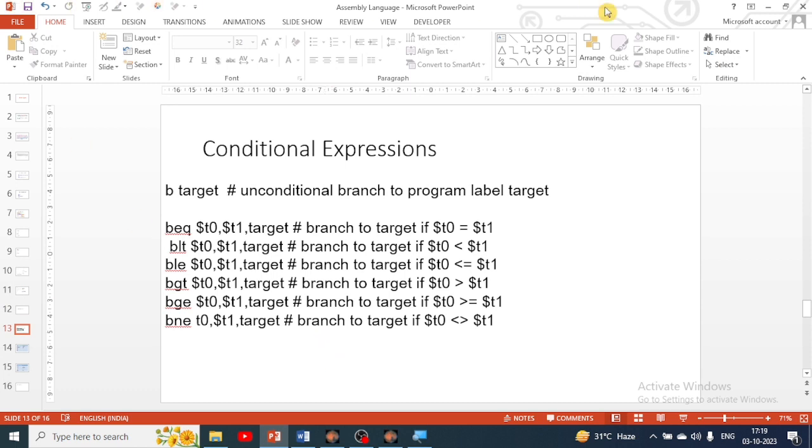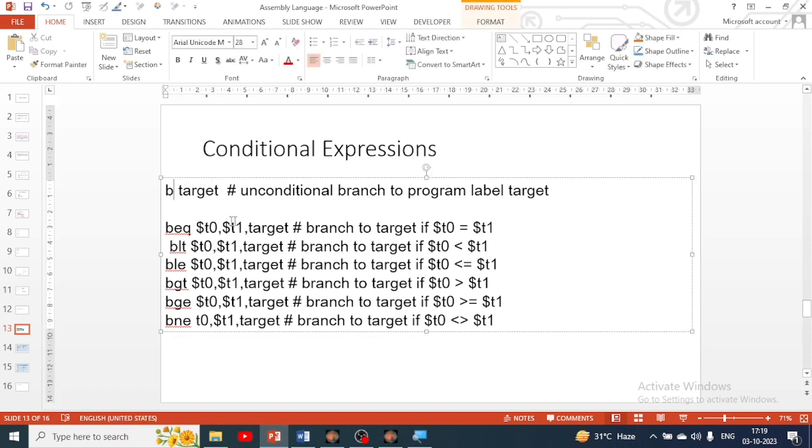Okay, practice on this. Then after that we have a next topic, conditional expression, also called a branching condition. Okay, B stands for branch. Then you have a syntax target. Okay, so